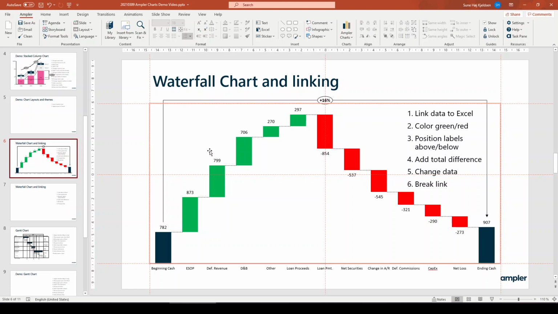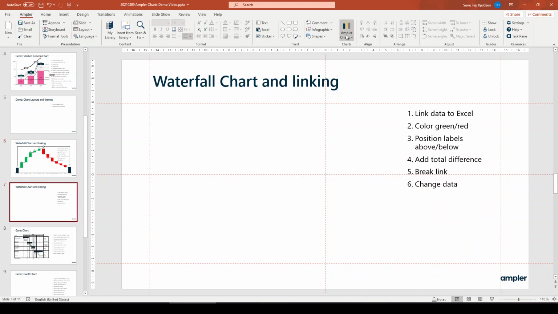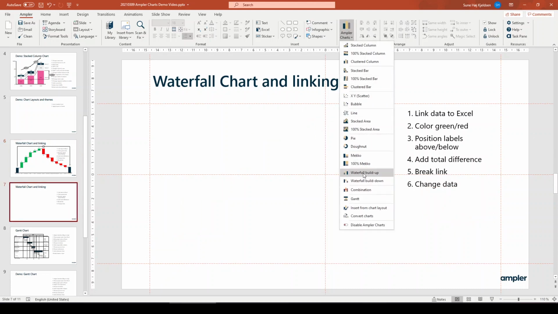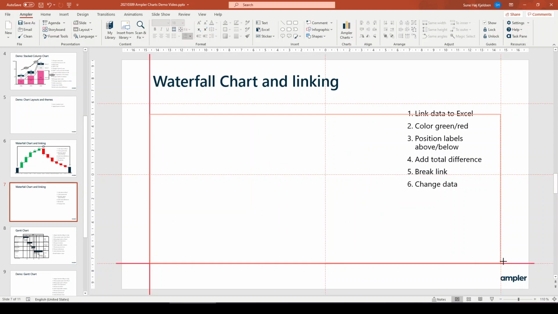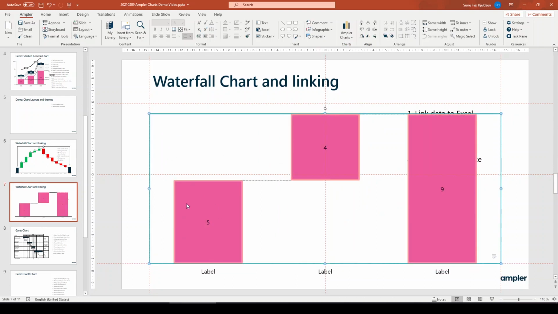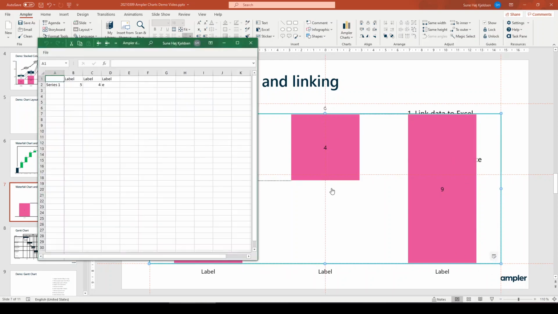Next, let's create a waterfall chart and link it with the data in Excel. To do this, we again hit the Ampler Charts and select Waterfall Build Up. Waterfall Build Up starts from the left and then builds up to a total. So let's just show how that works. So you put in the different